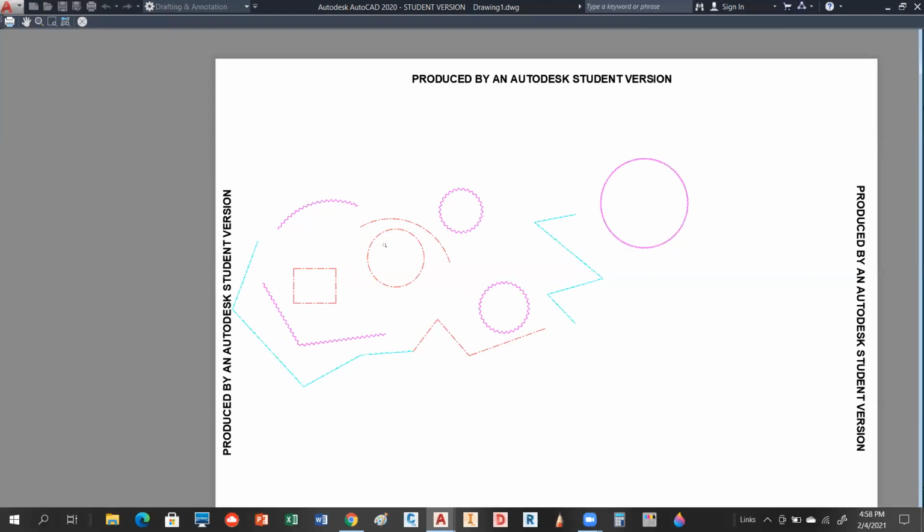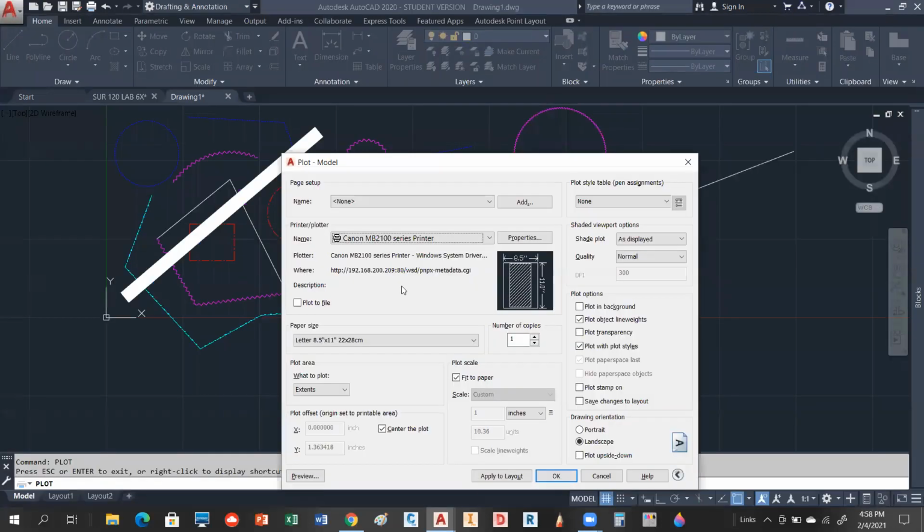Of course, we could also do that by freezing and thawing layers, but the downside to freezes and thaws,